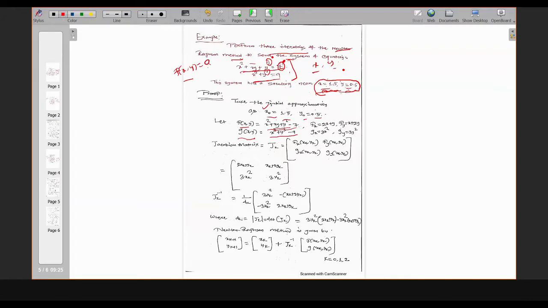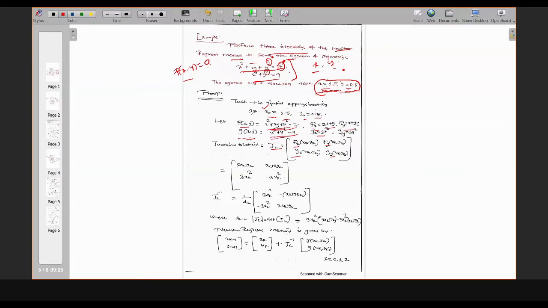Now for the Jacobian, you can see the Jacobian of two functions f and g can be written as fx, fy, gx, and gy. These are the partial derivatives with respect to x and y. Then you can find the partial derivative of f with respect to x. So if this is your f(x,y), then the partial derivative of f with respect to x is 2x plus y, and fy is x plus 2y, and gx is 3x squared, and gy